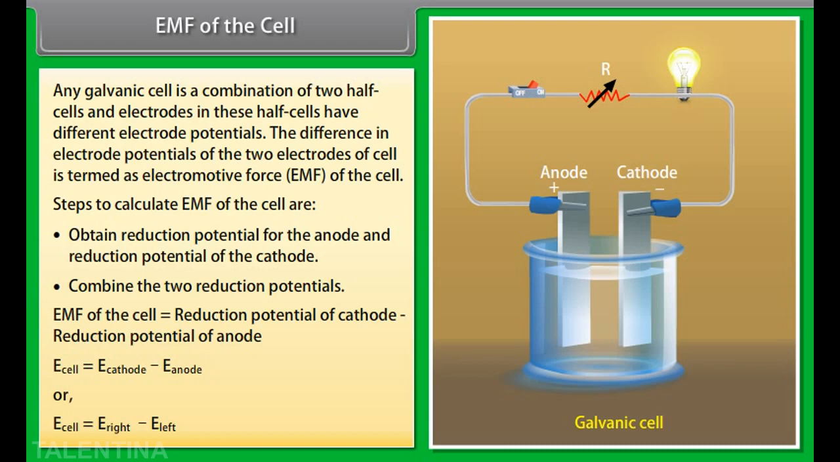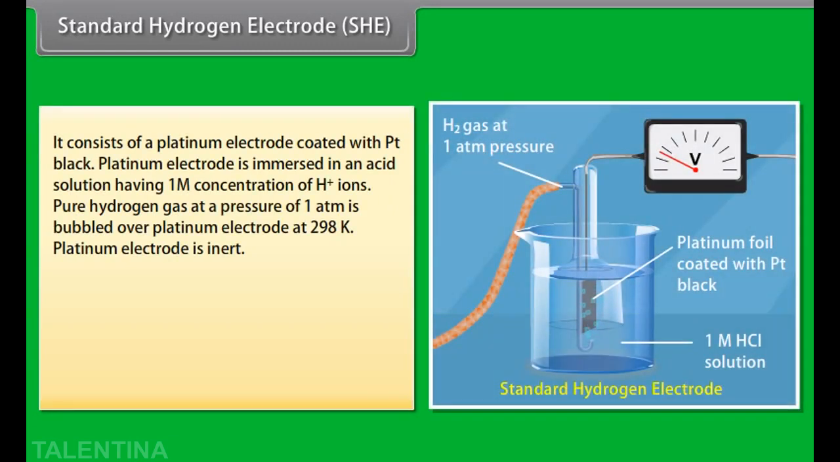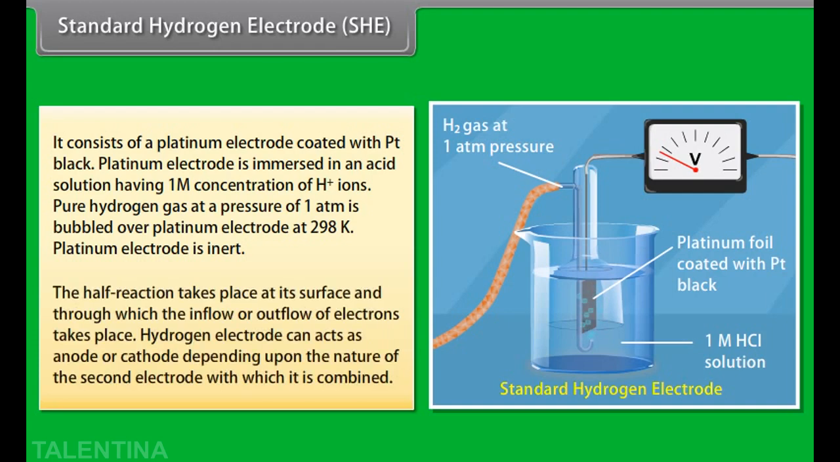minus E left. Standard hydrogen electrode, or SHE. It consists of a platinum electrode coated with platinum black. Platinum electrode is immersed in an acid solution having 1 M concentration of hydrogen ion. Pure hydrogen gas at a pressure of 1 atm is bubbled over platinum electrode at 298 Kelvin. Platinum electrode is inert. The half reaction takes place at its surface and through which the inflow or outflow of